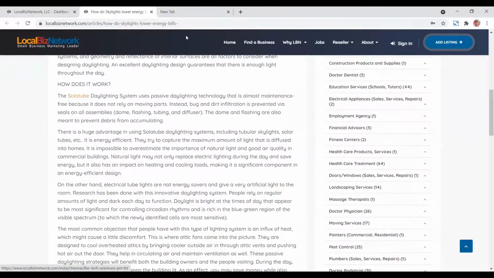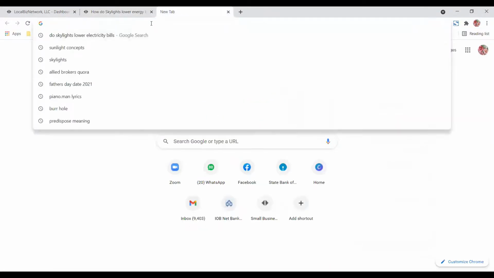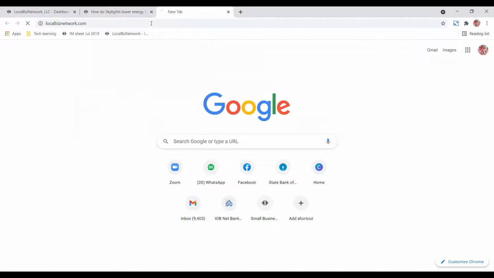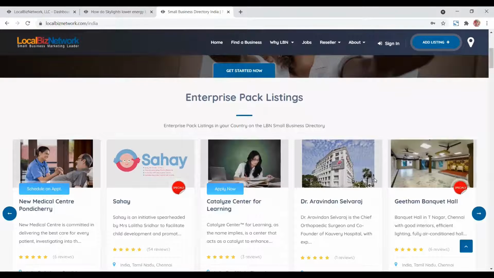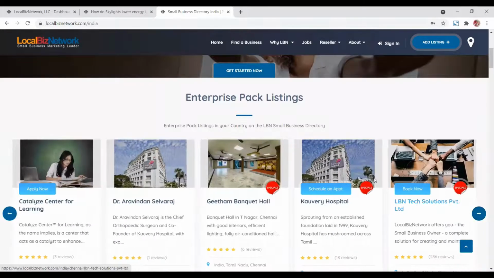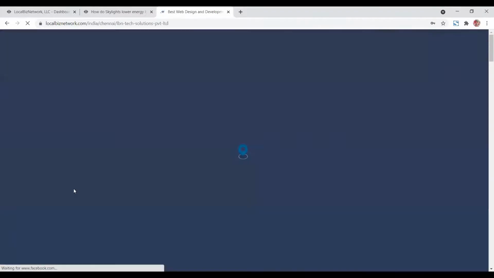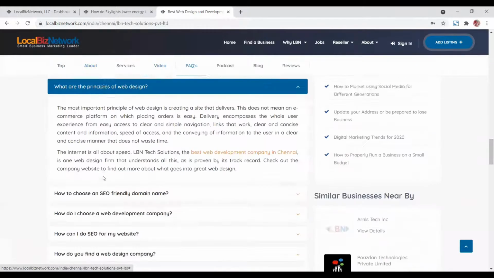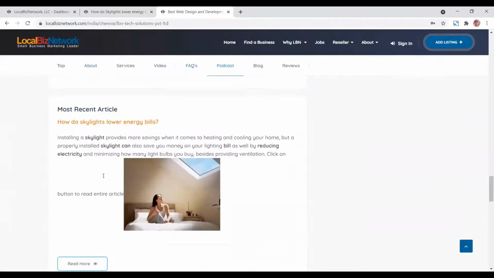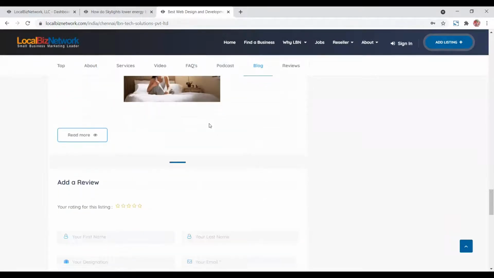And you can go back to Local Bus Network, the home page, and you can actually see how the intro looks now. Remember, we had a little brief written for the intro, as well as we added a picture also. So now we are just going to see how the intro has come out, and you can see it here. Yes, here it is. So here also we need a little bit of editing. You can go back to the editor and move the spacing so that the text does not overlap.